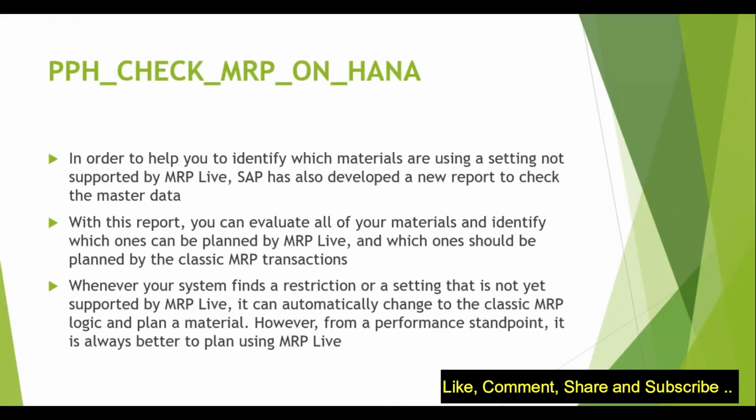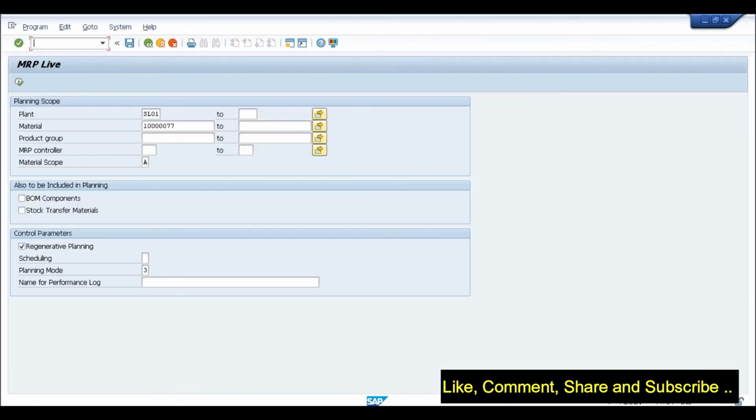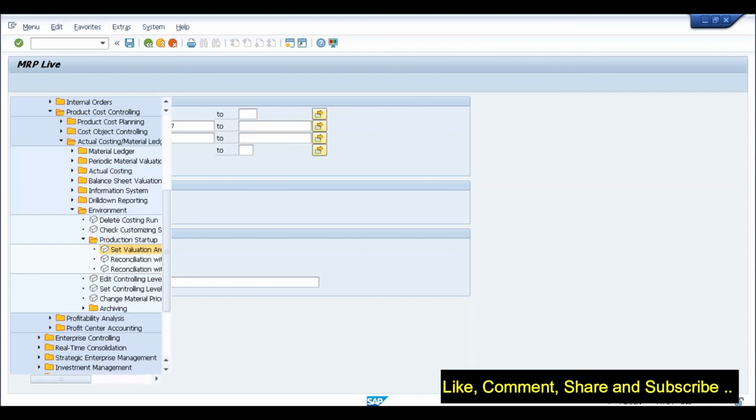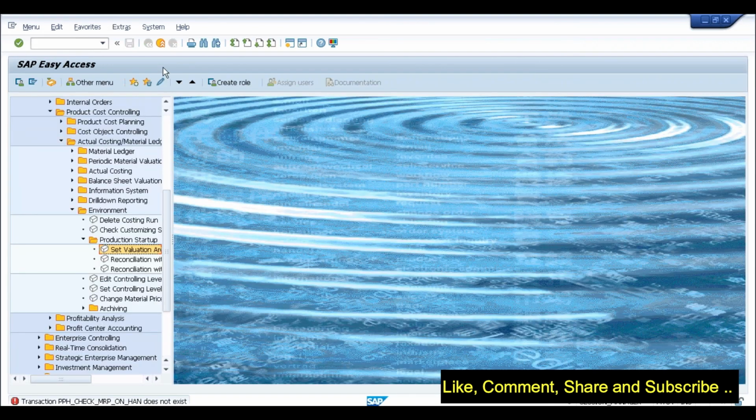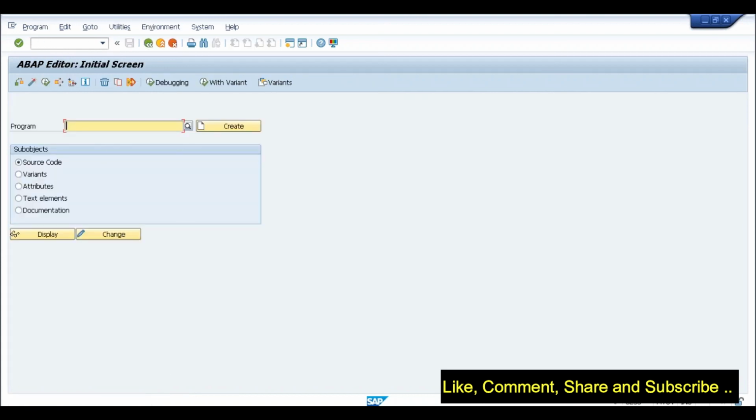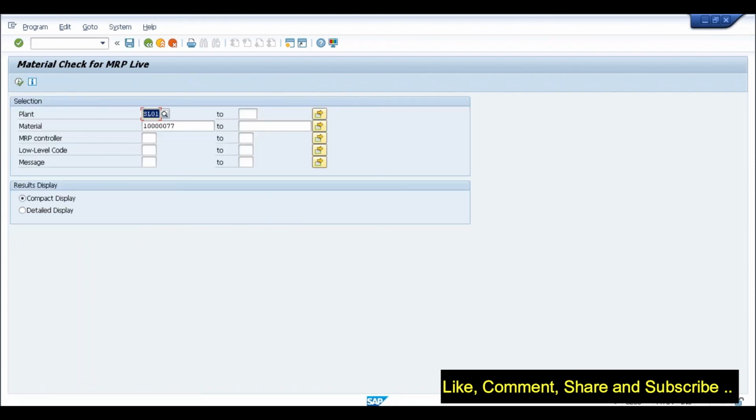Just one quick question before you go further, Gaurav. When you ran the MRP Live for this material which had VB in it, did it not display on the MRP Live output that it used a traditional MD01 for it? Yes, in the background it will automatically run using transaction MD01. Correct, but it doesn't display on the report, right? It will display the report. It will display the line, but does it display whether it was run through MRP Live or traditional MRP? It will show that also.